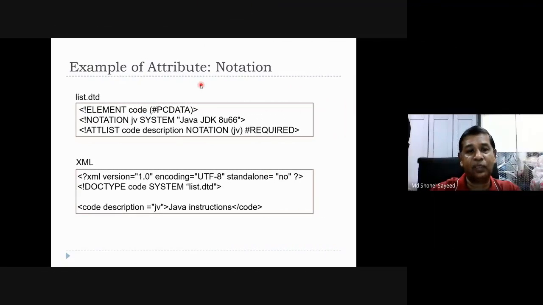Notation. In case you want to use the notation, you again have to define first list.dtd. Element code, element name is code, PCDATA. Then notation, if you want to use the notation, this is basically the node. You can compare it with the node. This is the notation JV system. Then the node JV, here we can say this is basically node JV, meaning Java JDK 8U66 the